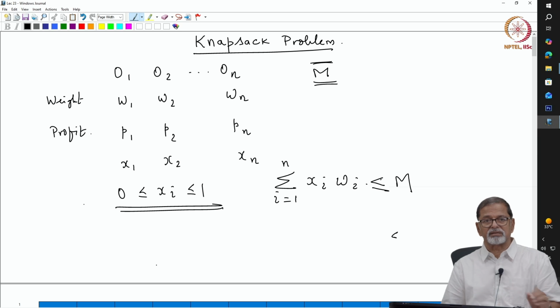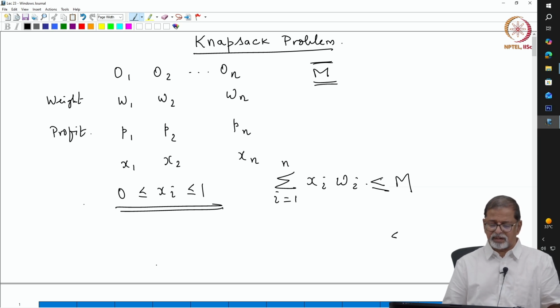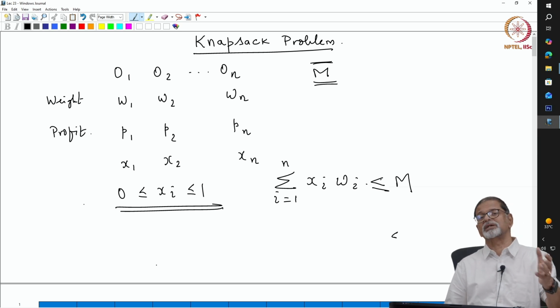You can take objects in fraction, the maximum you can take is 1 unit, you can ignore, that is 0, or you can take any fractional amount of that object, and that will have a weight xi wi, because wi represents the weight of 1 unit of that object. So, xi units of that object will weigh xi wi,